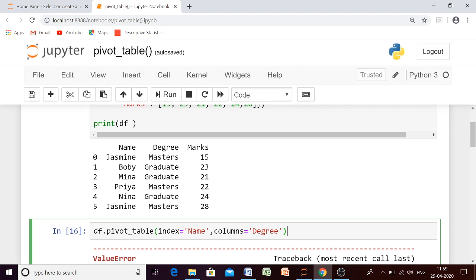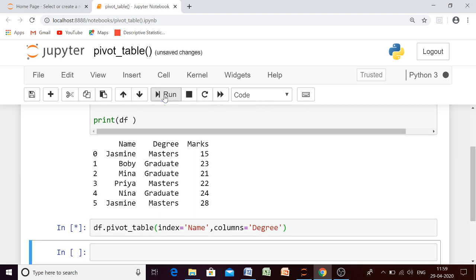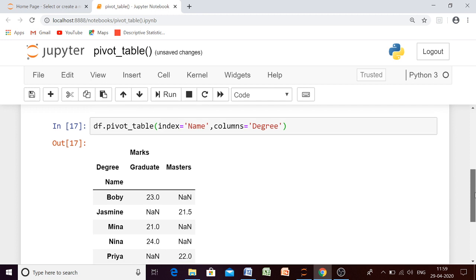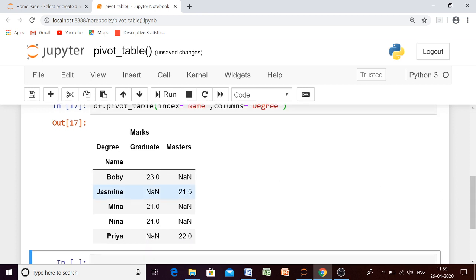Let us see. Now see, here we are not getting any error, we are getting the value 21.5. And now see, we are getting NaN, not a number, again. Why? Because Bobby has not appeared in Masters, Jasmine has not appeared in Graduate. This is random data, so we may get any output.